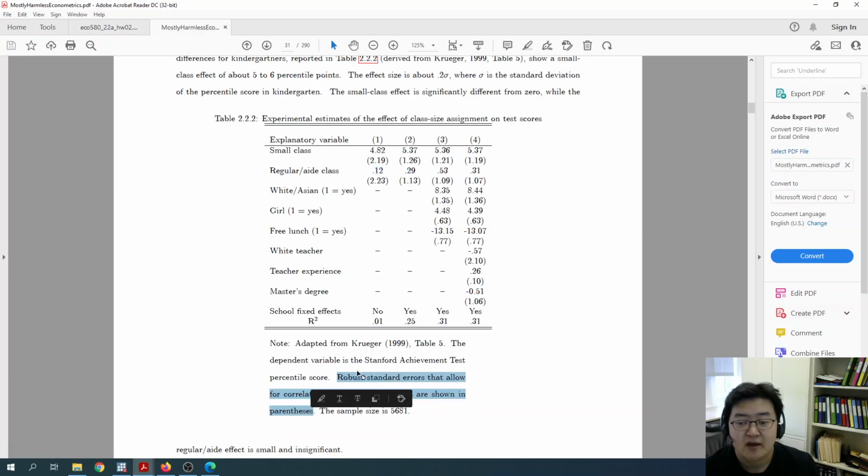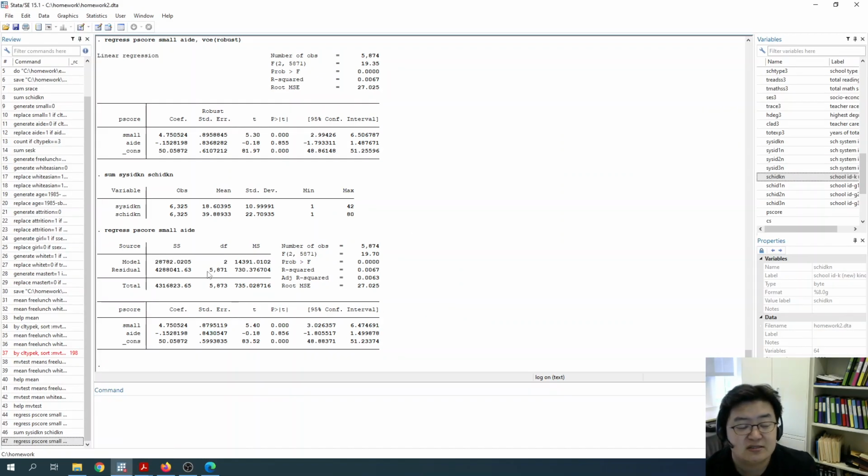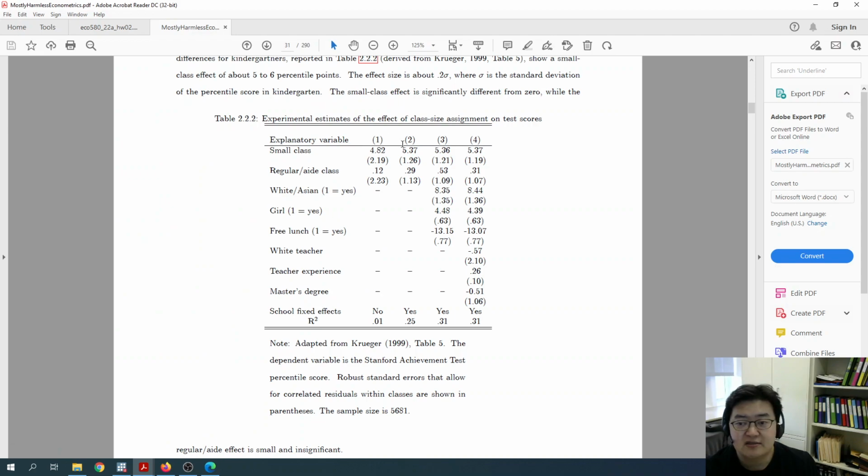this technique. So in the table, they use some additional options to calculate the standard errors. But we are not going to discuss that option. We will study that option later. Later in homework 3 or 4, you are going to learn how to implement that. Anyhow, this is the coefficient, this is the standard error. So you have to copy those numbers and make your own table that looks like the textbook, and the numbers will be different now. So this is regression number 1, the first column, and in the second column we do